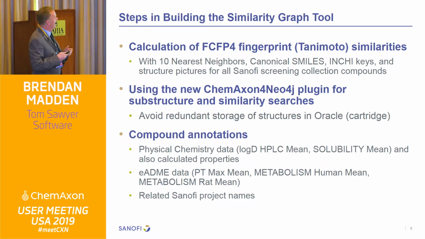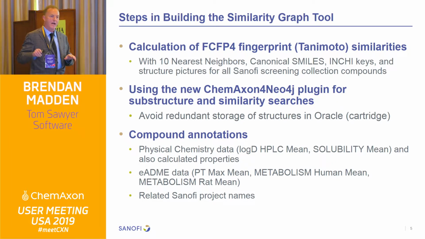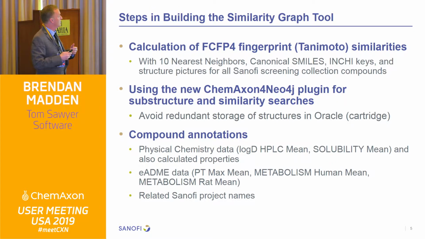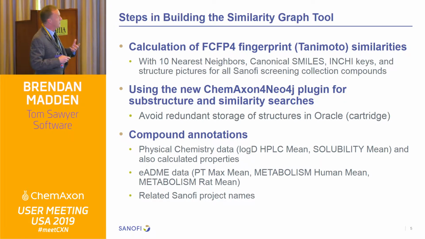They wanted to avoid having to go into Oracle and the graph database. They wanted to avoid duplication of the data across different silos. So that's why they began to work with ChemAxon, so they wanted to remove the Oracle dependency that they had in the past. So they used the new ChemAxon